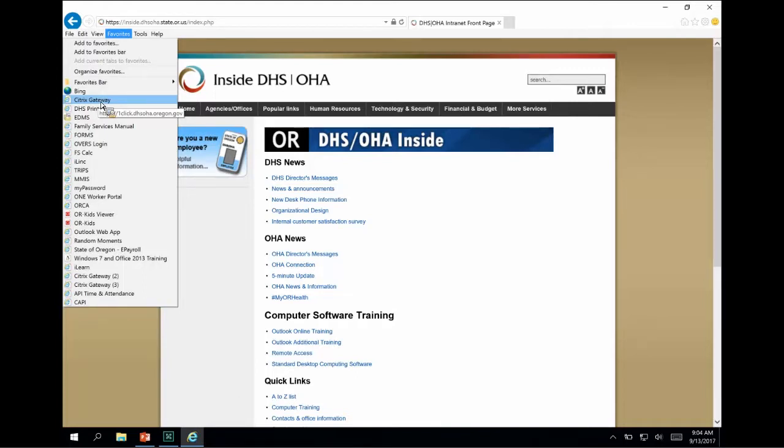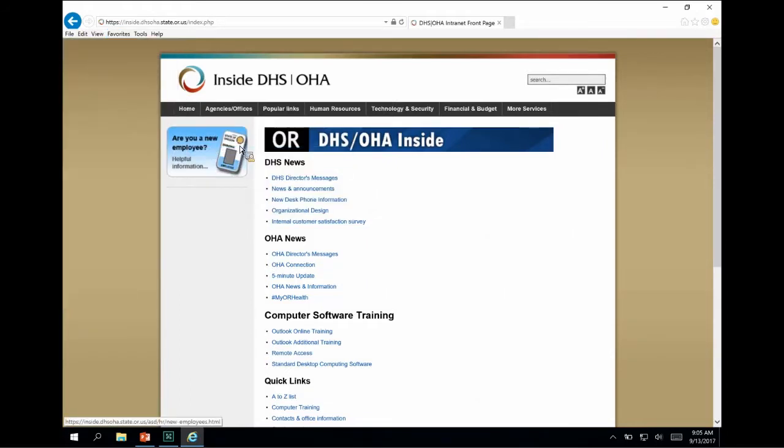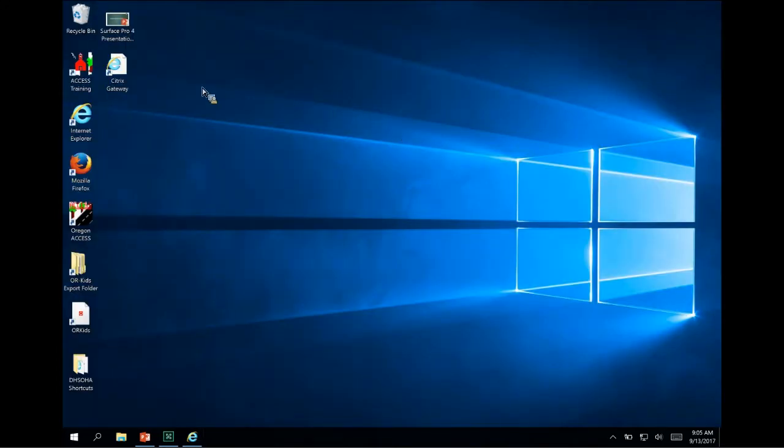Because again, you're going to be using Citrix every day with these devices, and so we want to make the process of accessing Citrix as simple as possible. So do me a favor, hover over Citrix Gateway, right-click, and then move your mouse horizontally to Send To, and then move your mouse a little bit more, and then left-click on Desktop. And when you do that, then minimize the browser, and now on your desktop, you should see